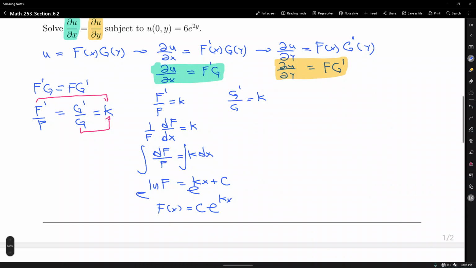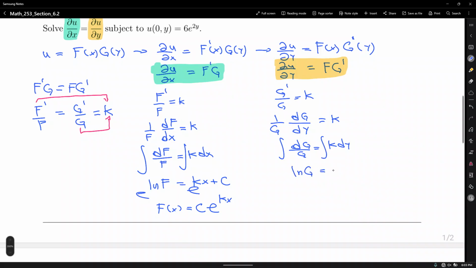Number two, solve the second differential equation here. I know it's the same form, right? But I'm going to go through the entire process here. Yes, so 1 over g dg dy this time, not x, because that's a function of y. And let that be equal to some constant k. Just like before, separate the variables. dg over g equals k dy. Integrate both sides. ln of g equals